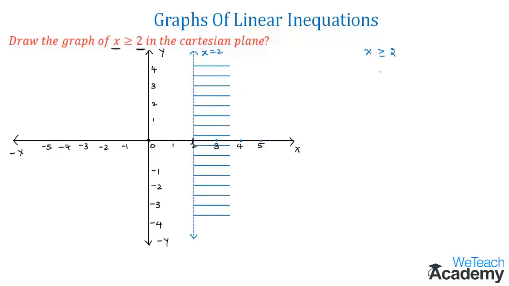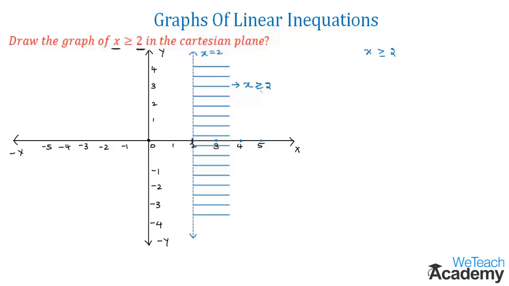And now here, let us decide whether this boundary line, which is nothing but the straight line of the equation x is equal to 2, lies in this region or not. So here, if the line is not included in the region, then it is called an open half plane and it is shown with a dotted line. As here the inequation is x greater than or equal to 2, 2 is also included in this region. For that, the boundary line is also included in this region.